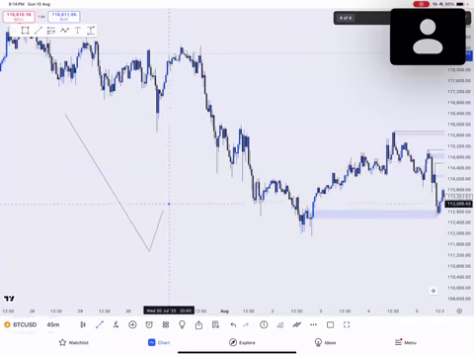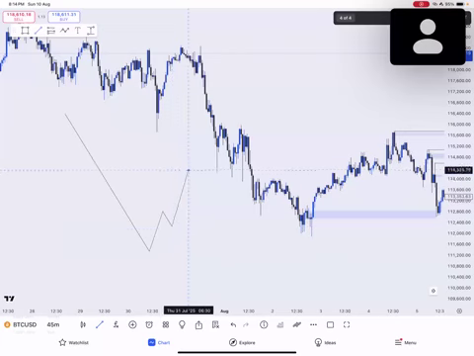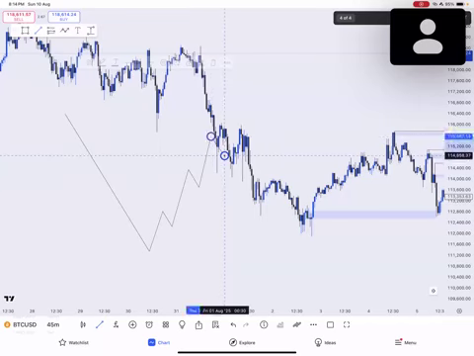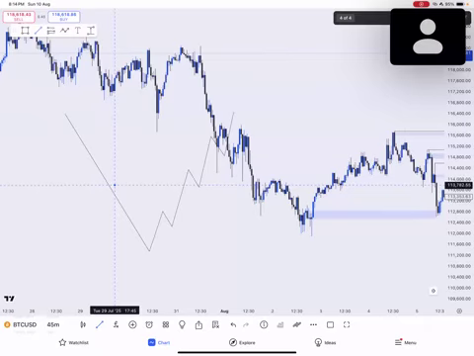But after you've gotten that market structure shift to the upside, what you're now going to be looking out for is double break of structures for you to continue taking trades back to the upside. You're no longer looking for market structure shifts, you're looking for double break of structures to maintain price being bullish. But if it was initially on a downtrend and you're waiting to take a buy,